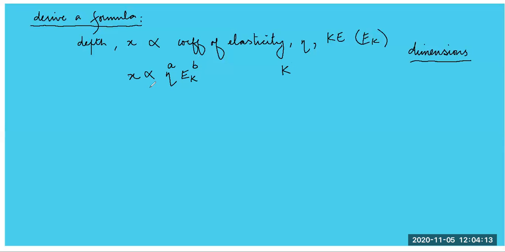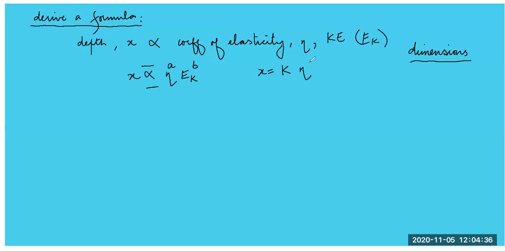From 10th standard, whenever you want to get rid of the proportionality, you have to introduce a constant of proportionality. So let's say x is equal to k. We don't know what k is. This is a limitation of dimensional analysis. We don't know, leave it. We don't know what k is, so we need not give a power to it. So k,